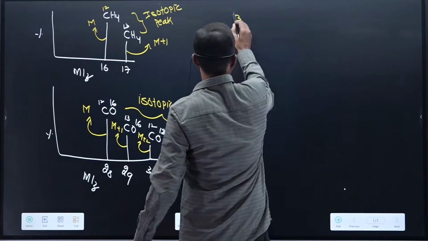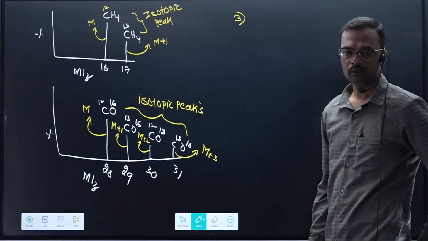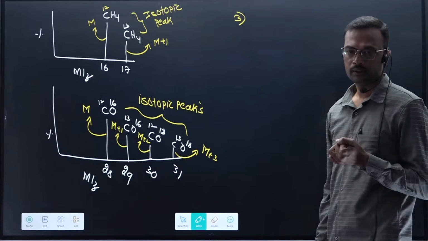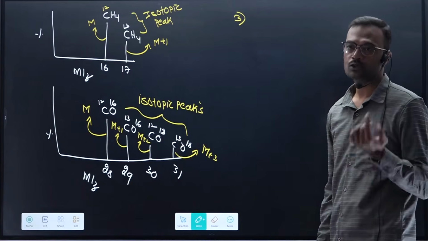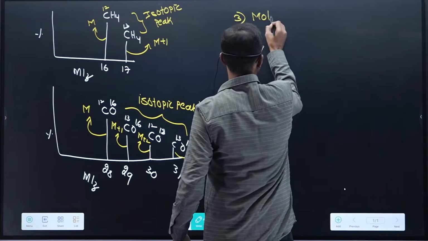Okay. So that is the second misleading. What was the first misleading? Misunderstanding, nothing but misleading. First misleading: impurity. Second misleading: isotopes. Third one, here one more peak you will expect, that is